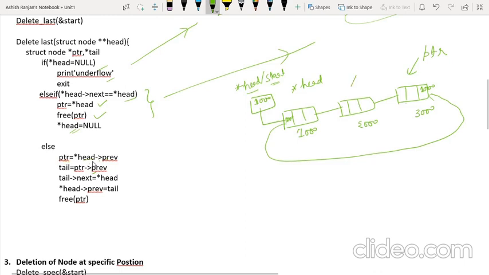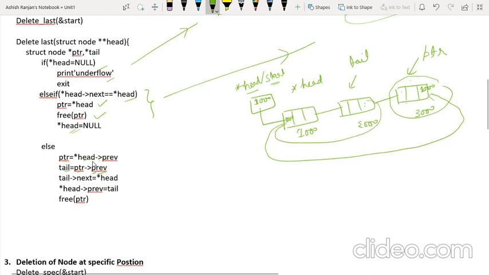Now one more thing I am telling, that tel will be PTR ka prev. PTR is this node. Now what is PTR ka prev? That is 2000. So tel will start pointing to this node. Now since we have to delete this node, we have to make the connection with this node properly. So tel ka next, this block, will become head.